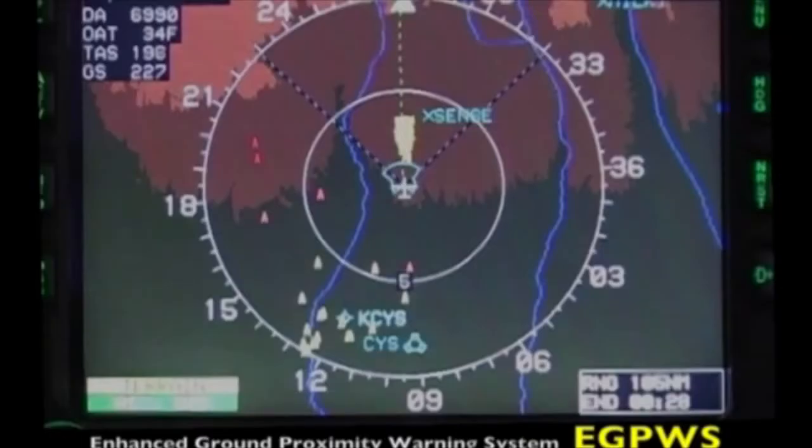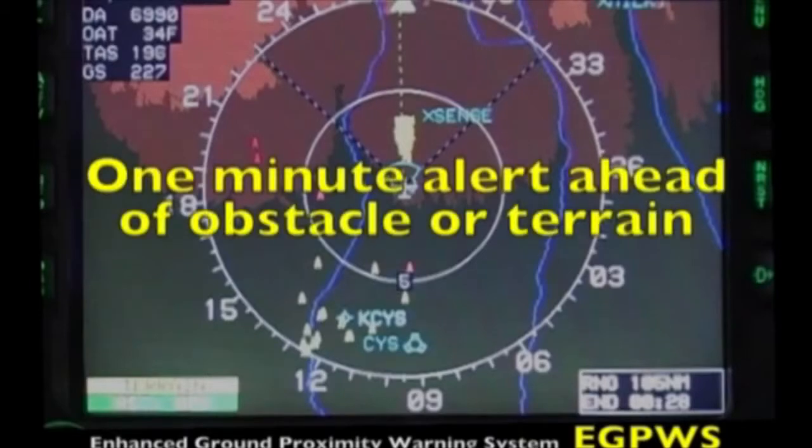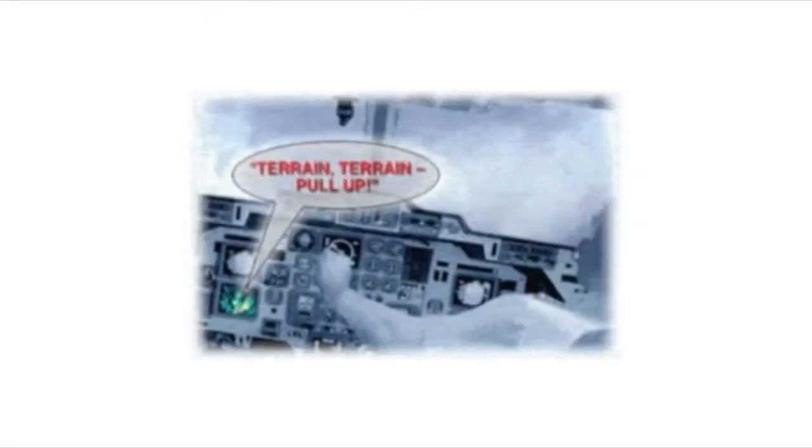TAWS is in fact an enhanced ground proximity warning system, GPWS, and it puts time in your favor. Instead of a 30-second warning, pilots hear the alert 1 minute ahead of the obstacle or terrain. Caution, terrain. However, remember, the threat avoidance command is still reactive and in one direction, up. But at least you have a little more time to assess the best corrective action.